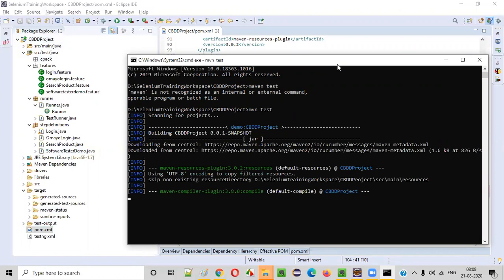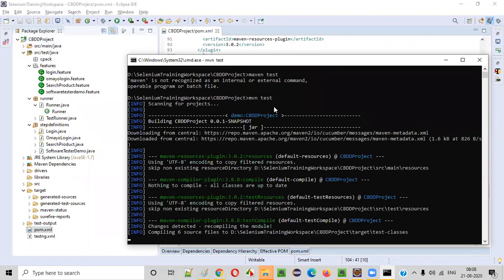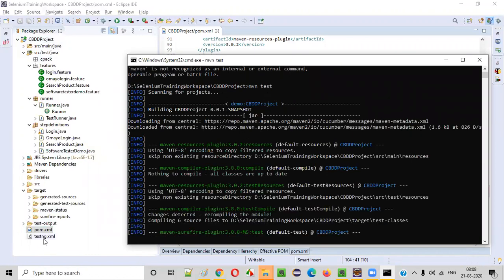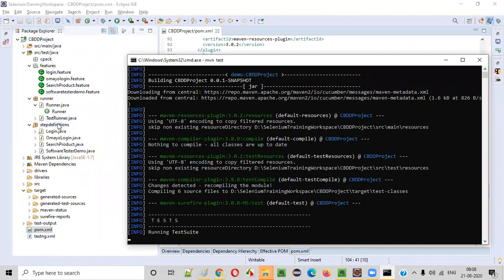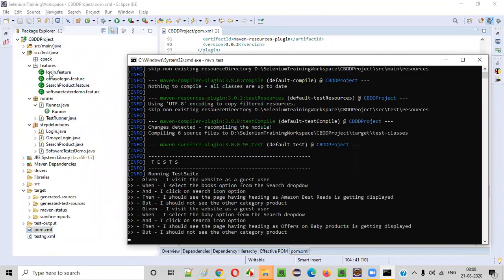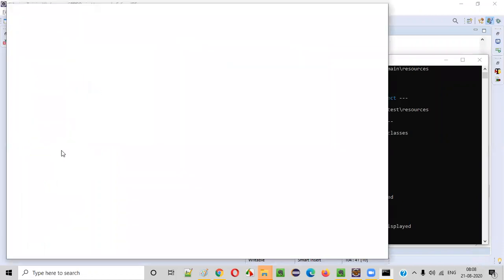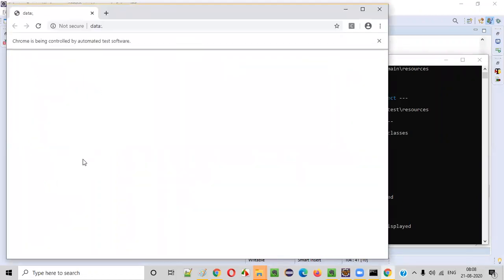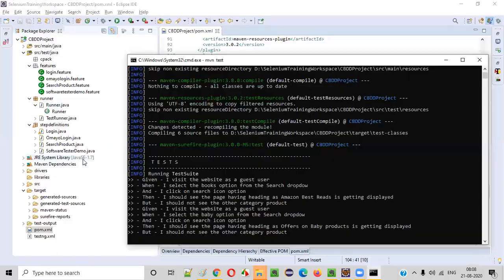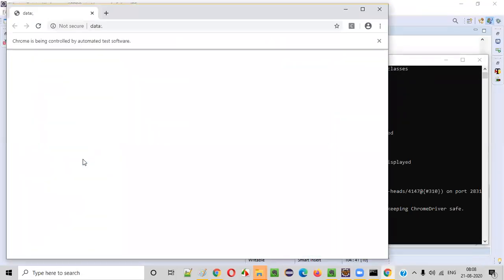So what's happening here is from the Maven command line, you are invoking MVN test. This MVN test will invoke testng.xml. The testng.xml file will invoke the testrunner class. The testrunner class will invoke the feature files. Feature files will invoke the step definitions. A lot of hierarchy is going on. Okay, this is really required, guys. Why am I explaining this? All these things are required for the coming sections. You have to understand these concepts.